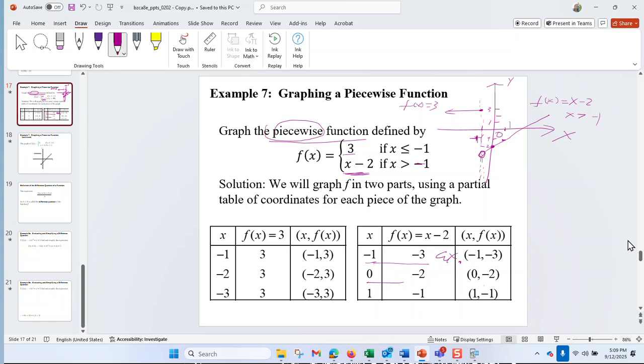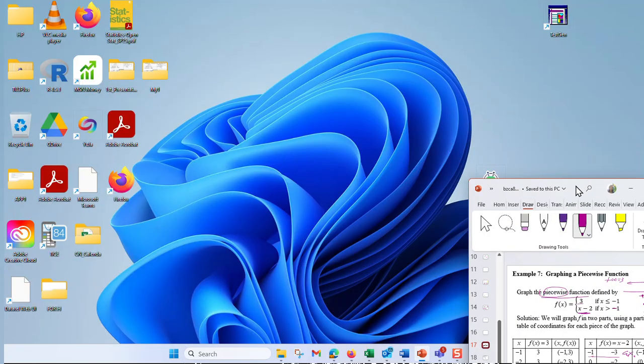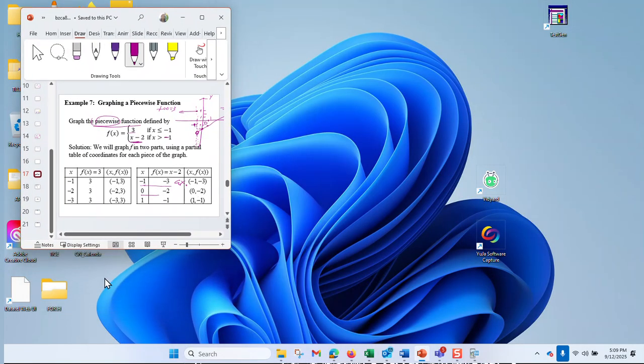Sometimes people ask, is it possible to use the calculator to graph this one? The answer is yes, but a little bit tricky. I can show you how to graph in a calculator, but this one is graphing by hand. If I graph in a calculator, I also have to set up the condition. If I don't,